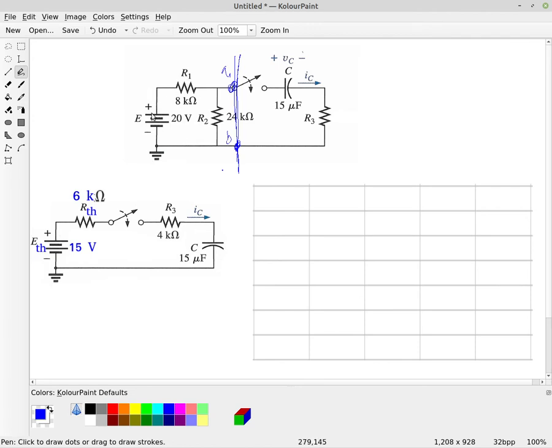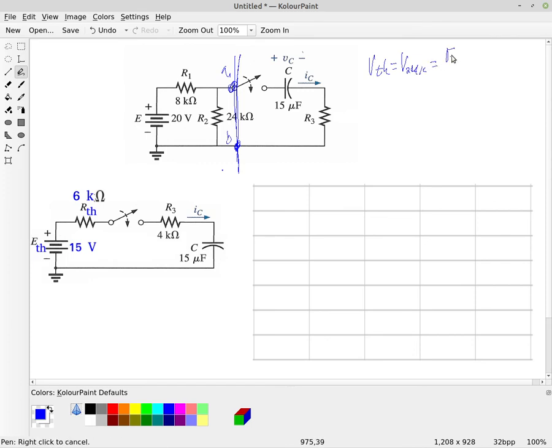We can find the Thevenin voltage by finding the voltage VAB when this section of the circuit is disconnected, as with the switch open as shown here. And so we can use the voltage divider rule to find V Thevenin, which is going to be the voltage across the 24 kilo ohm resistor there,